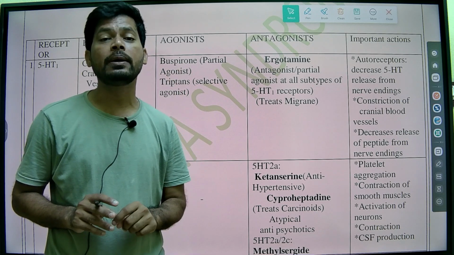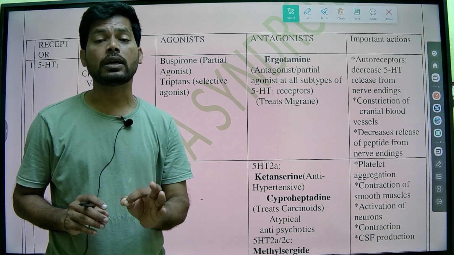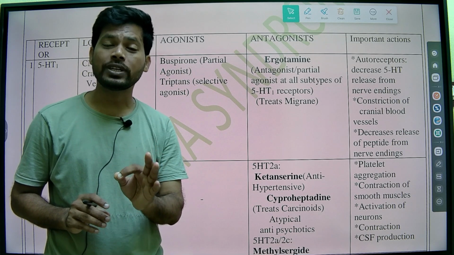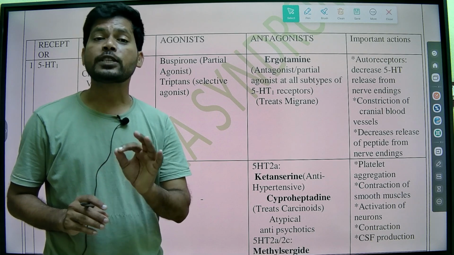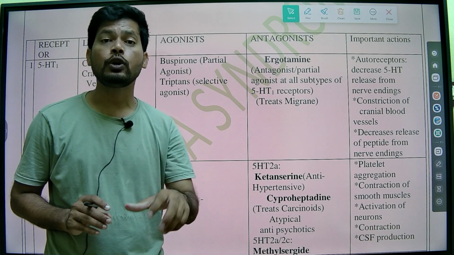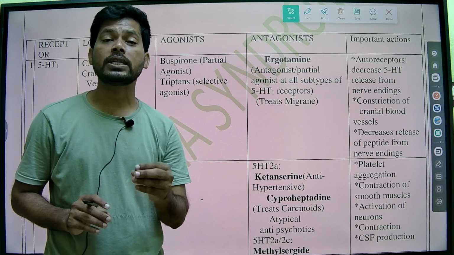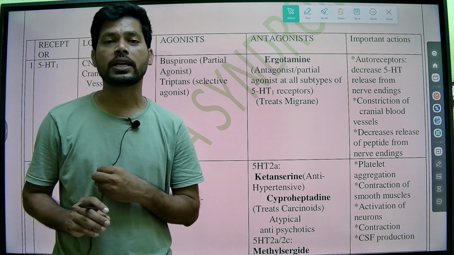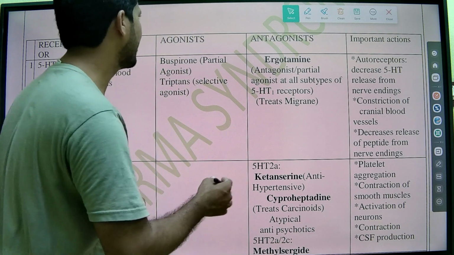Among these seven types of serotonin receptors, serotonin type 3 belongs to the ion channel receptors, and all the remaining belong to the G protein coupled receptors. Especially, activation of the ion channel, that is the serotonin type 3 receptor, produces vomiting. That's why selective serotonin type 3 antagonists are used for treatment of vomiting. Okay, let's see in a glance.